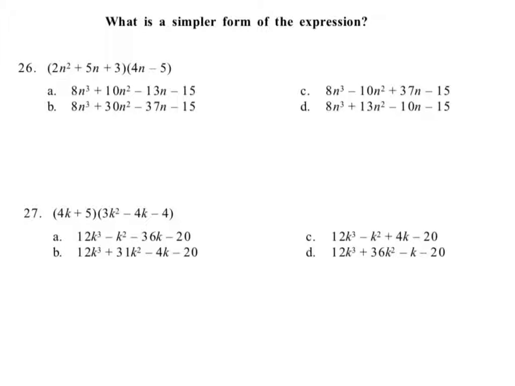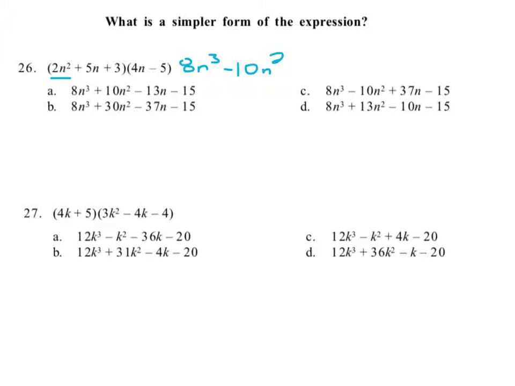We'll eventually have to combine the terms, but I'm going to start with this one, and I'll do these maybe in separate colors. 2n squared times 4n is 8n cubed. And then I'm going to do 2n squared times negative 5. Notice that I'm multiplying it by both of the terms in the second polynomial. Okay? So 2n squared times negative 5,